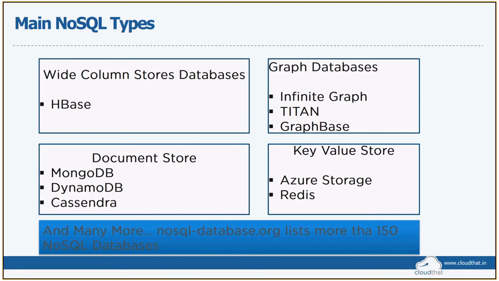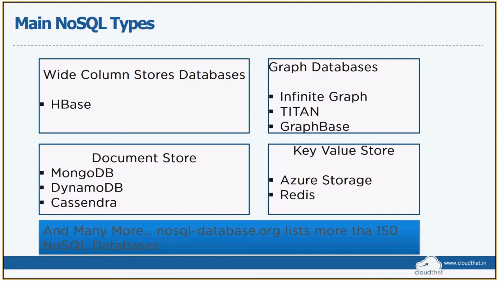We can scan through them very, very fast. They are very high performing in terms of scanning. There's nothing else that you can do. There are no other features available for key value stores. They're mainly meant to store very small, non-relational information, and to be able to scan very fast.